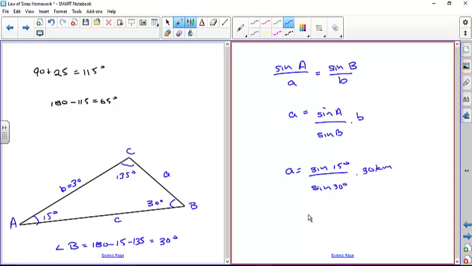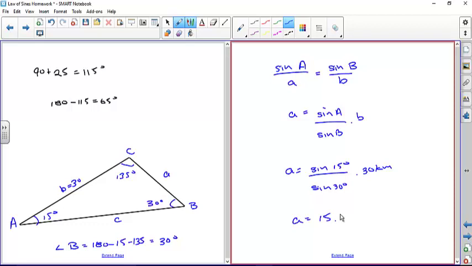Now the sine of 15 over the sine of 30 is not 0.5, it's something else. Let's see how close it is. You get 0.517, so it is actually pretty close. So the sine of 15 divided by the sine of 30 is 0.517, not 0.5. Okay, multiply that by 30, and I get A is equal to